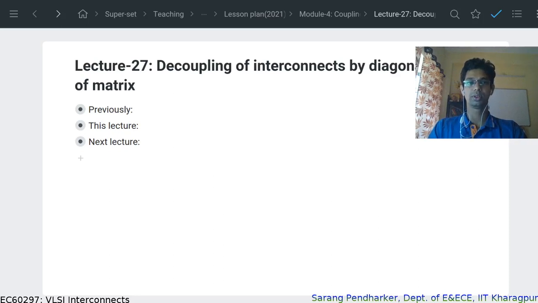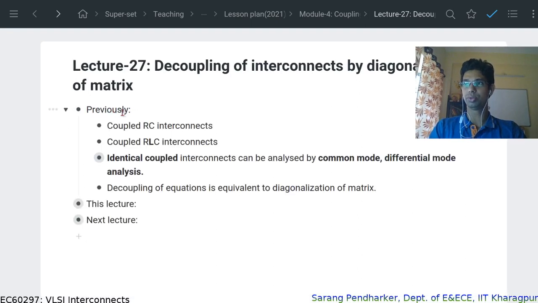Good morning everyone. Welcome to the 27th lecture of the VLSI Interconnects course. We are currently in the fourth module, where we are discussing coupled interconnects. So far in this module, we have seen capacitively coupled interconnects and RLC interconnects, coupled